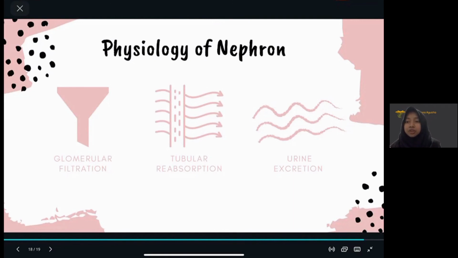Solutes can be reabsorbed or secreted across cells by transcellular and paracellular pathways. In the tubules, there is not only a reabsorption process, but also a process of secretion. Secretion is the transfer of molecules from extracellular fluid to the lumen of the nephron. The filtrate that has passed through the renal tubules will decrease in volume and change in composition to form urine, which will be channeled into the renal pelvis. From the renal pelvis, urine flows into the urinary bladder to then be excreted during the process of urination or micturition.